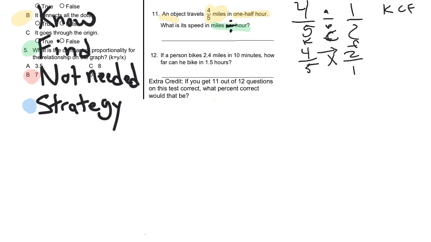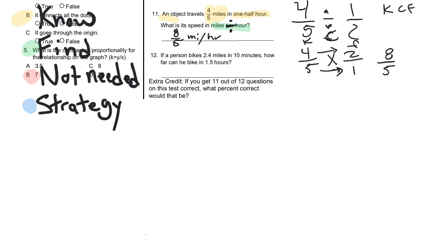When I'm multiplying fractions, I just multiply straight across. So I get 4 times 2, which is 8, over 5 times 1, which is 5. So if you want to just do that, that could be fine. You can do 8/5 since they're giving us fractions anyway. So we can say 8/5 miles per hour. Or